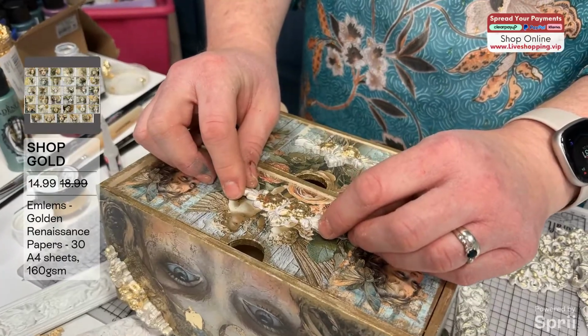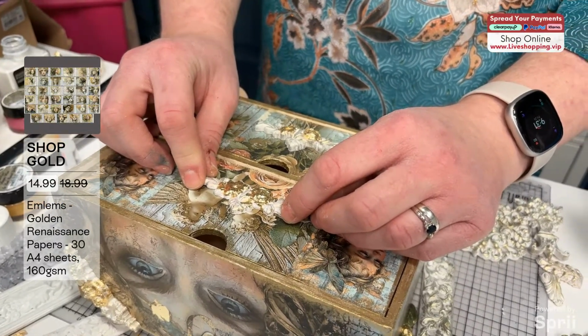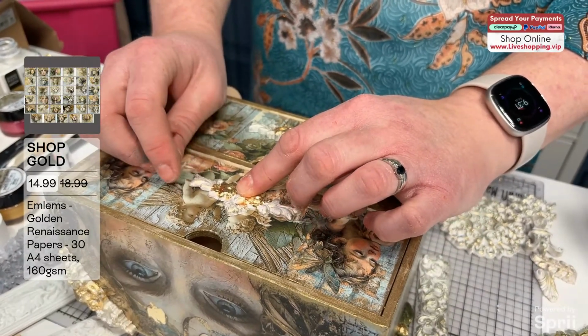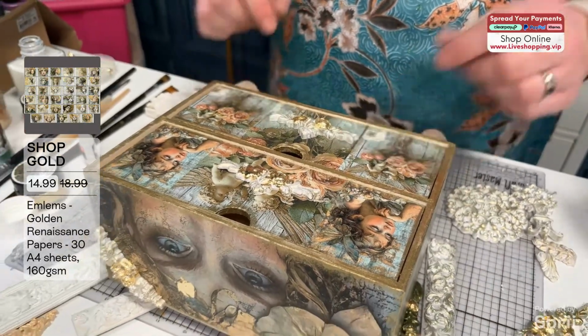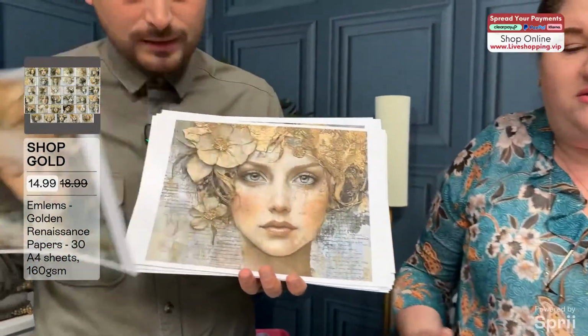And that there stands out from anything. It really does. It's so stylish. It's incredible. And it's the kind of design that would never go out of fashion. No, it's one of those as well. The picturesque elements, the beauty, but also I think it's the colours that you've chosen as well. I mean, look at that. It's the way that the golds...